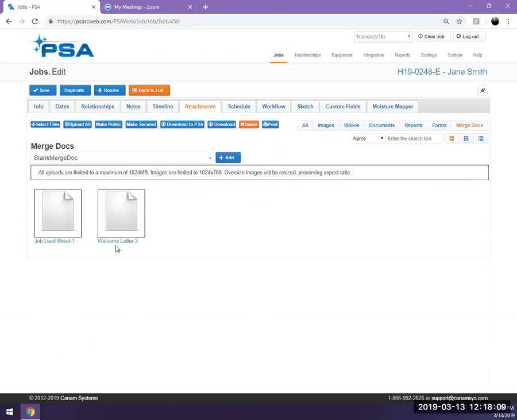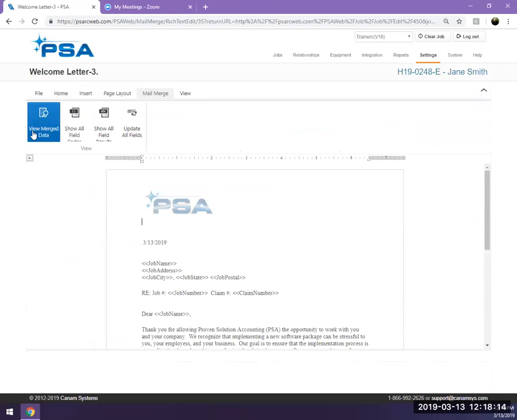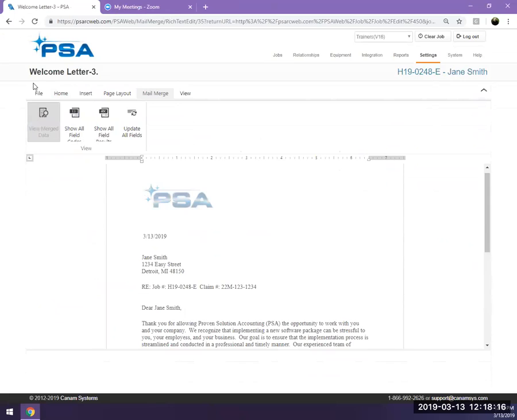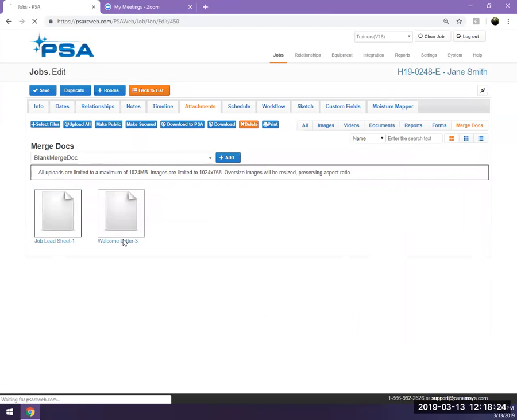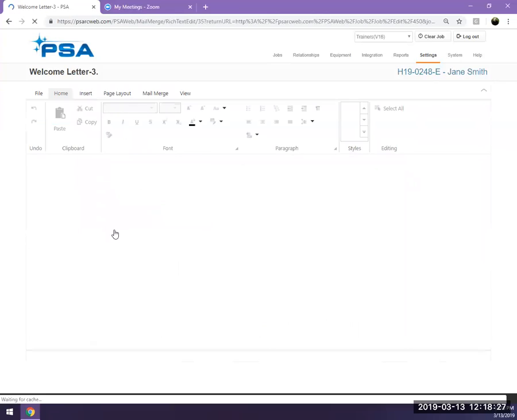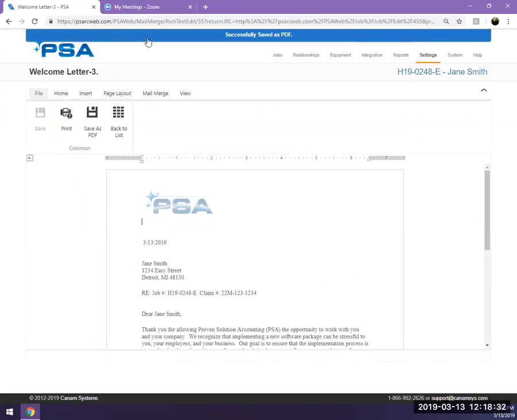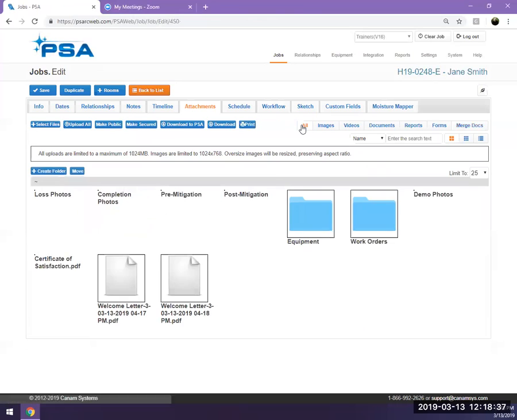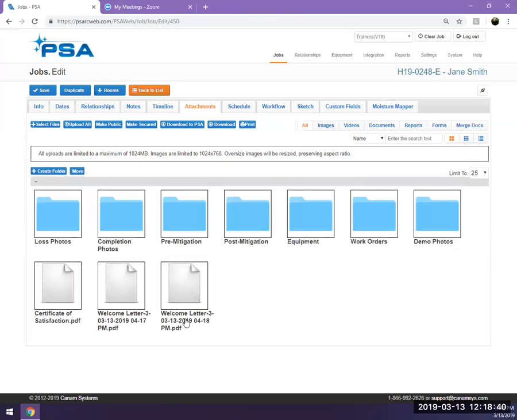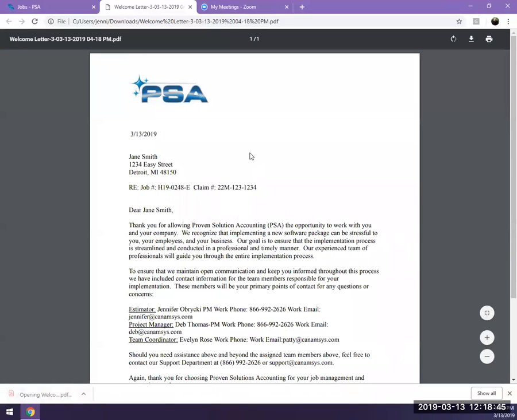And since I decided not to hit the Save button, it did not bring in any of my information, so we'll go back in and apply our Merge information, select our Save button, going back out to List. Actually, I'm going to create my PDF again. Getting my banner, going back out to List, going back to my Alls tab. I'm going to see my other letter created here, clicking on it, opening it up,